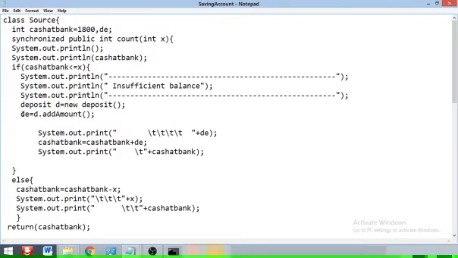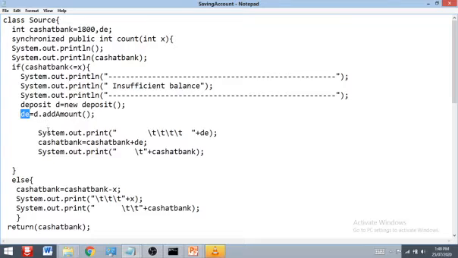Then D is going to return the add amount. It means we call the method add amount on D. D is a deposit class object, and whatever value it returns is the deposited amount.